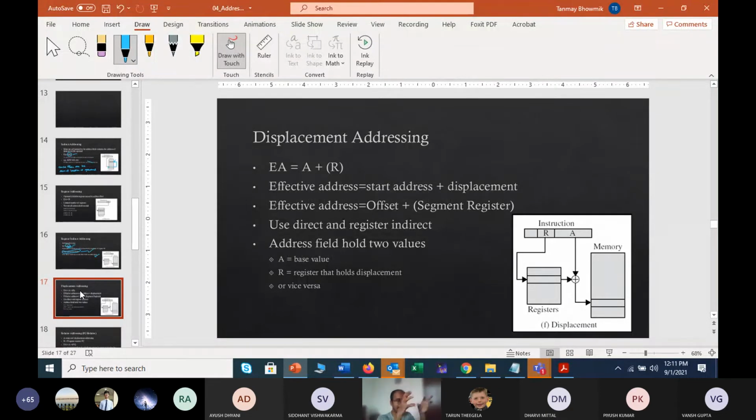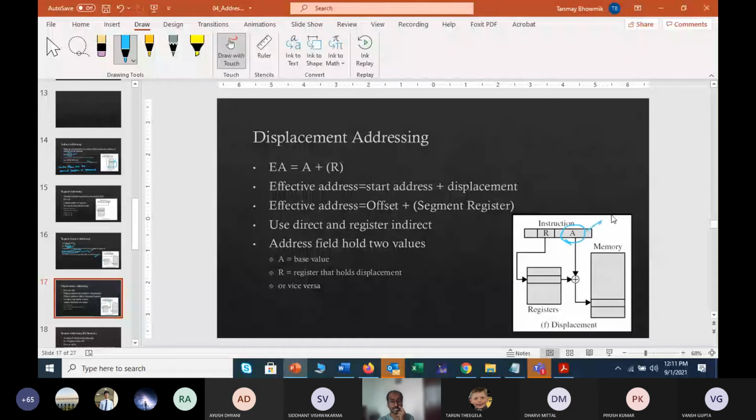Okay, so the segment register is taking you and carrying you to the university. That means there is a certain displacement. So this is finally giving you the displacement addressing mode. Here, direct and register indirect addressing are both being used, but along with the memory location, you can see this thing is also being used.